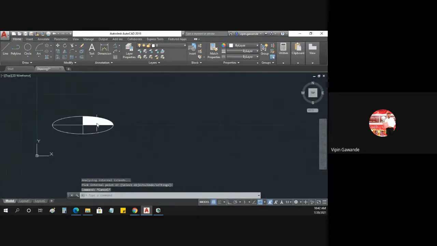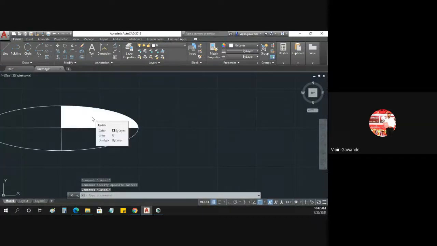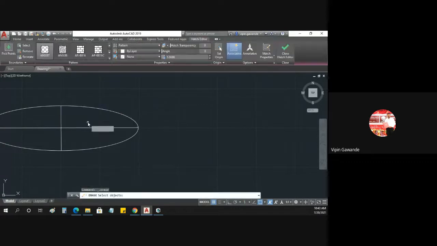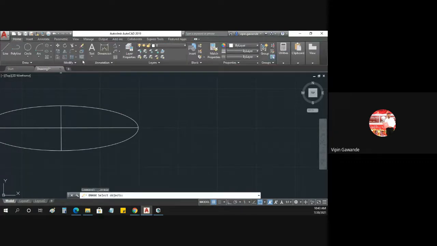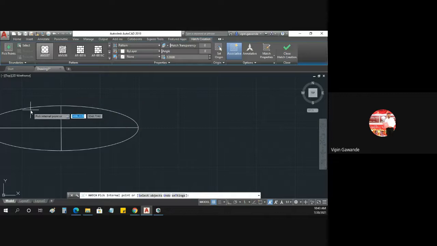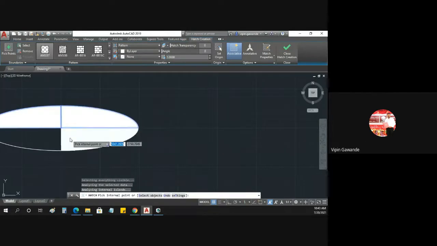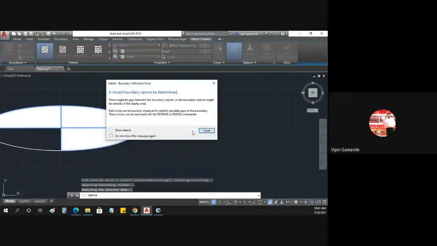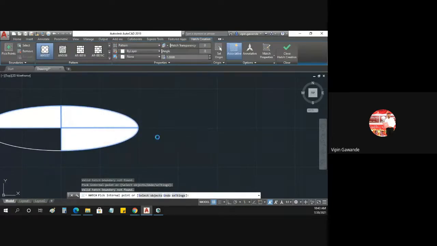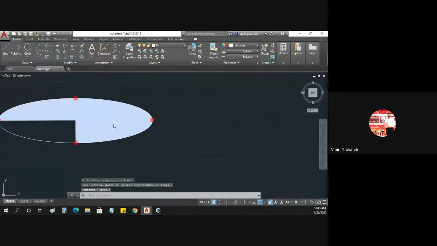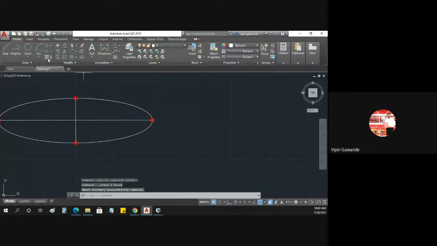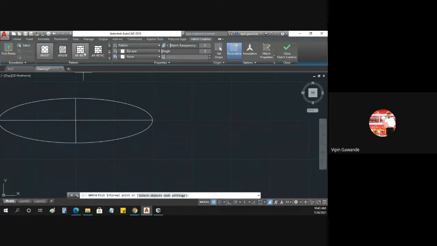Here the area is very small, that's why the texture is not coming. Let me check again with another one. I will take this for the total one, whether it is coming or not. Let me take another texture.